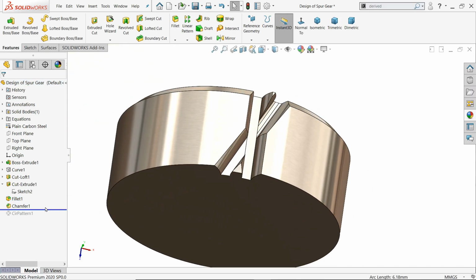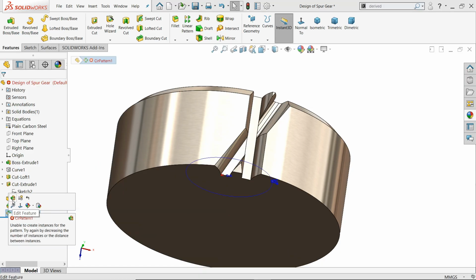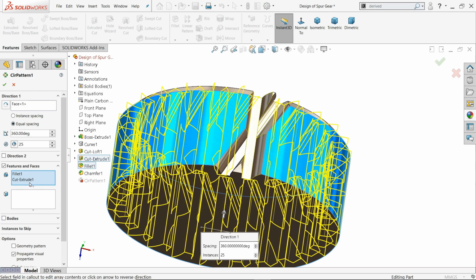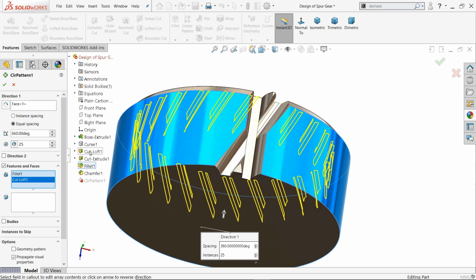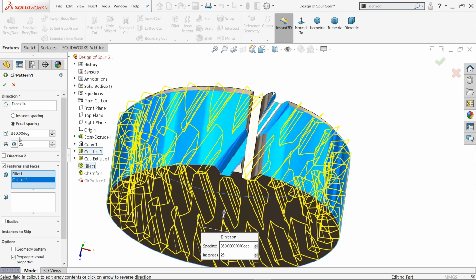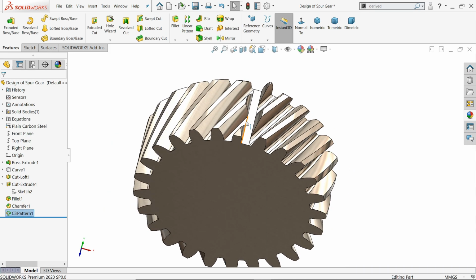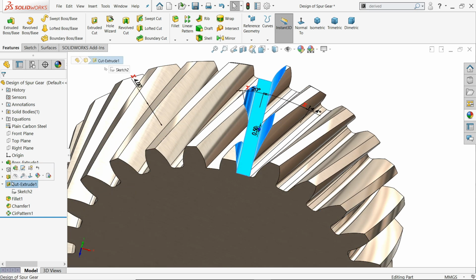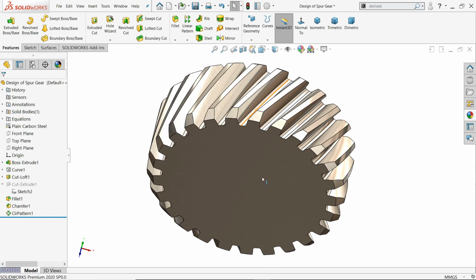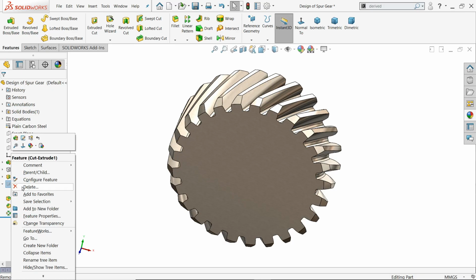Now come down, now again come down, and here there is a problem, so click edit feature, keep everything as it is, just delete this extrude cut and add cut loft, everything same, 25 teeth and everything same. Okay, now this cutout is still there, so you can simply suppress this one, or you can delete it also. Even let me delete this.